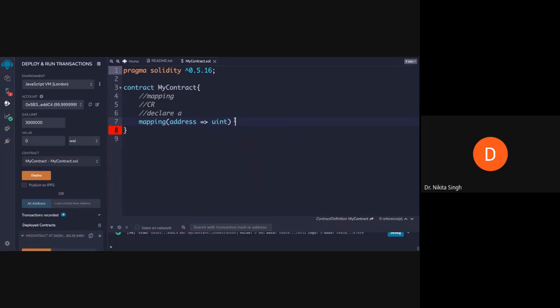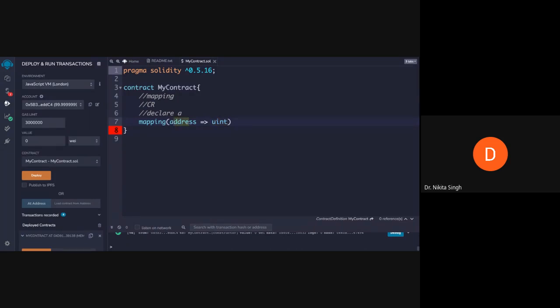This mapping is a keyword which is used to create a mapping, and this address indicates the type of keys. This is key and this is value. So my keys are the addresses.